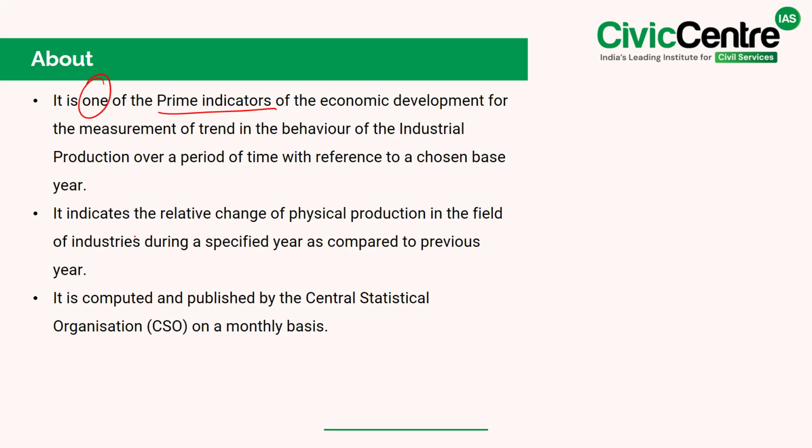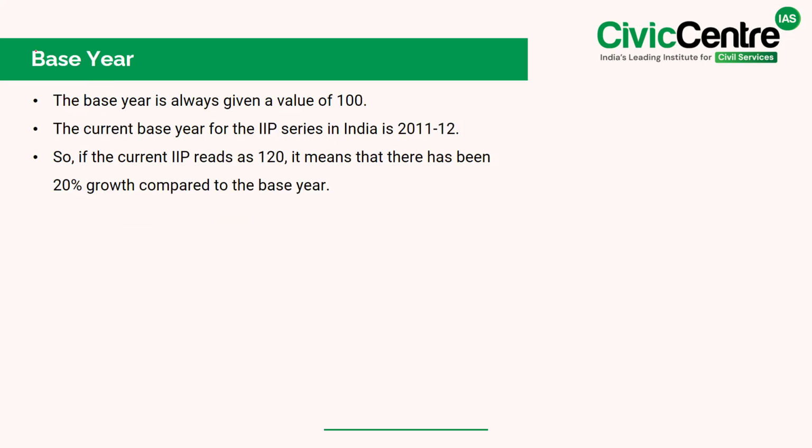Also, it indicates the relative change of physical production in the field of industries during a specified year as compared to the previous year. Furthermore, the most important thing here is that it is computed and published by the Central Statistical Organization on a monthly basis. See, additionally, the base year is always given a value of 100. So, if the current IIP reads as 120, it means that there is 20% growth compared to the base year, and further the current base year for the IIP series in India is